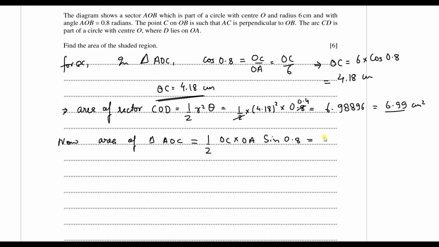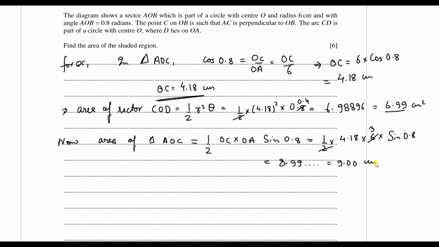It will become 1 upon 2, OC is 4.18, times OA which is 6, times sine of 0.8. I'll write it once again like this, and then we'll simplify it. We'll get the answer as 8.99 and so on, and when you write it to 3 significant figures, it is actually 9.00